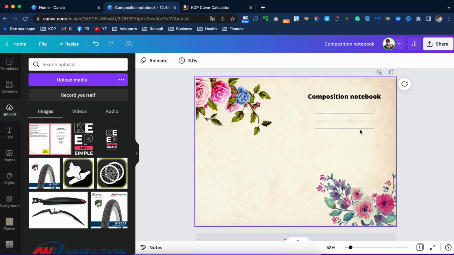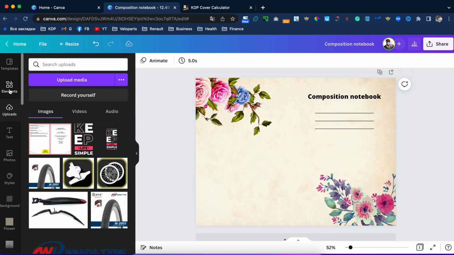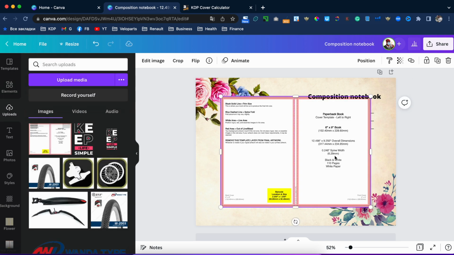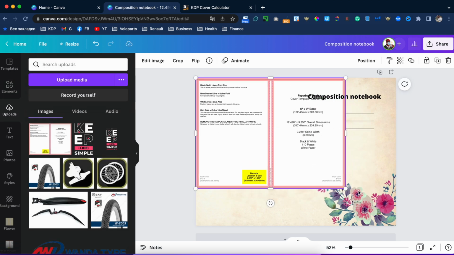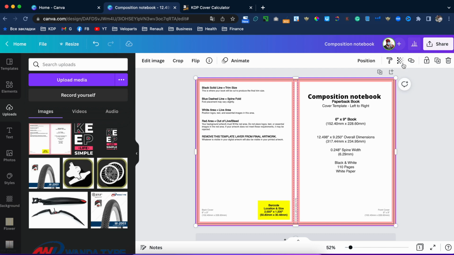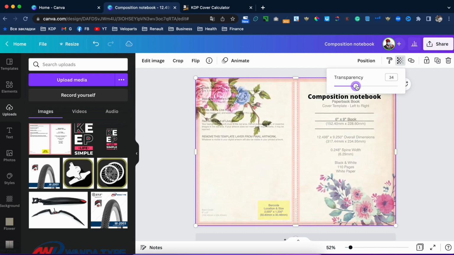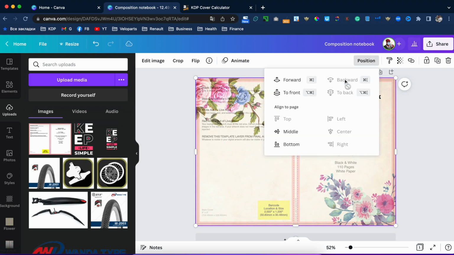So now we have our cover. Double check. Transparency. Position backward.